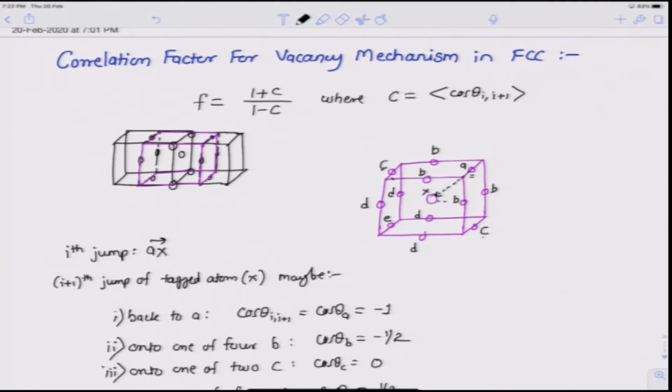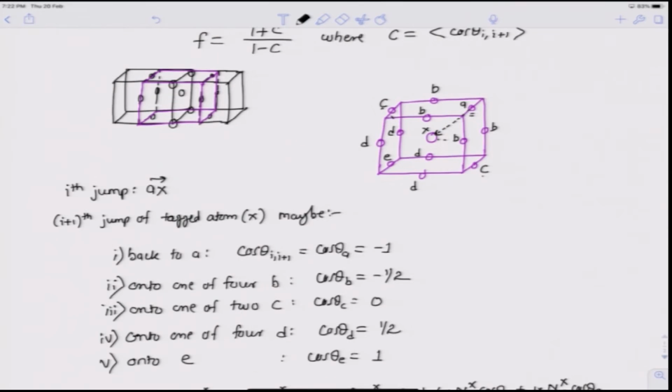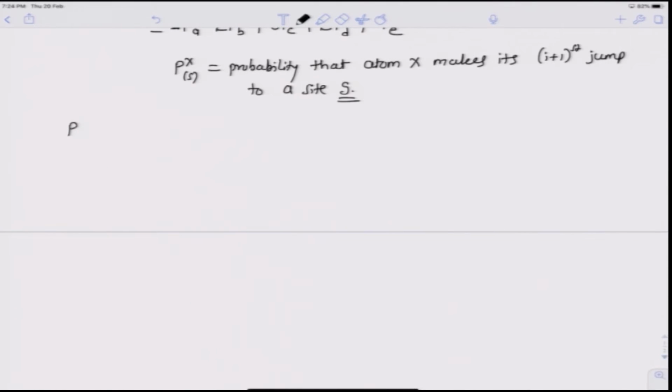Okay. So, now P_xB for example is the probability that the atom X on its i plus first jump exchanges with the same vacancy which had arrived at B. So, P_xB is nothing but the probability that the vacancy after n minus 1 jumps of its own has arrived at site B times the probability that on its nth jump the vacancy exchanges with X. So, we can write P_xs as